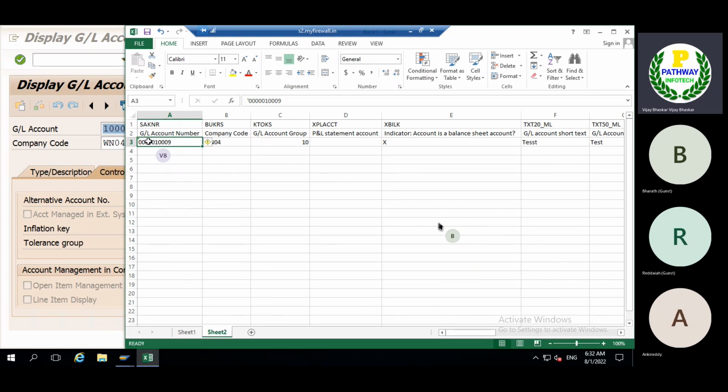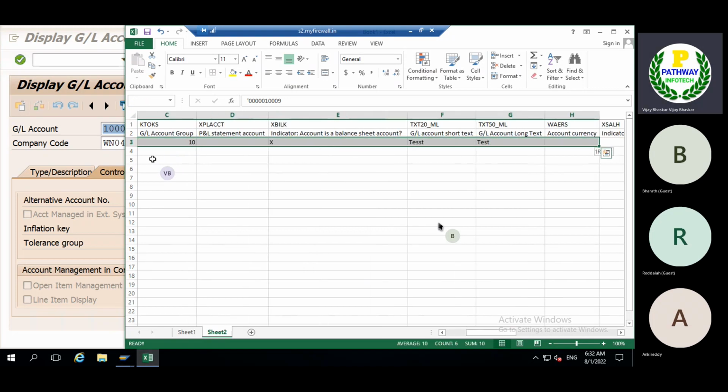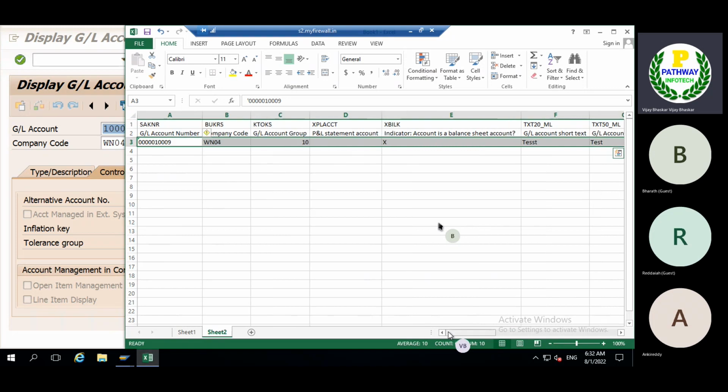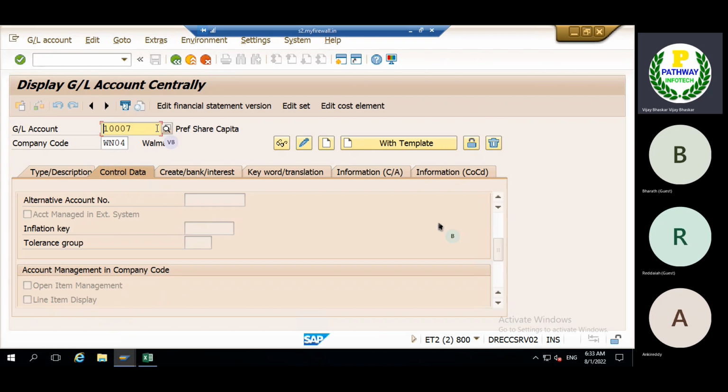To upload this, there is no need to select the field name or the text, just select this. We'll take two accounts. I will take one more GL account. First we'll check whether it is available in the system or not.